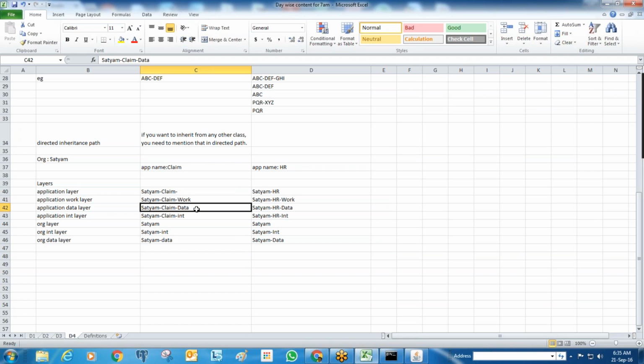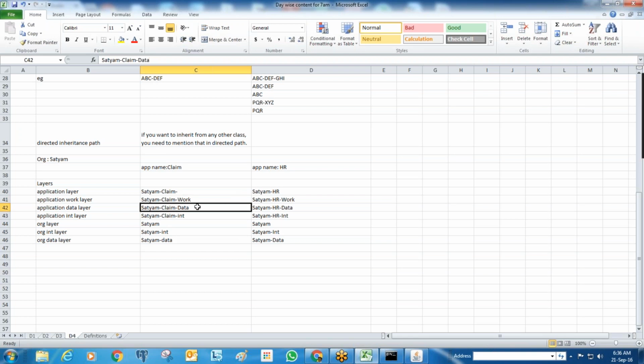What type of rules are required for work processing? To progress your work, what type of rules are required? You can save those rules in the work layer. That is only for work processing. For the application work processing, whatever rules you require, you can save them in the work layer.